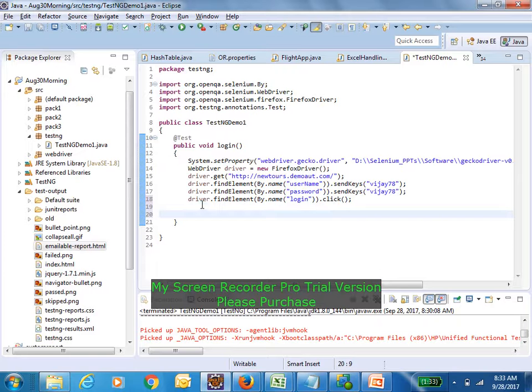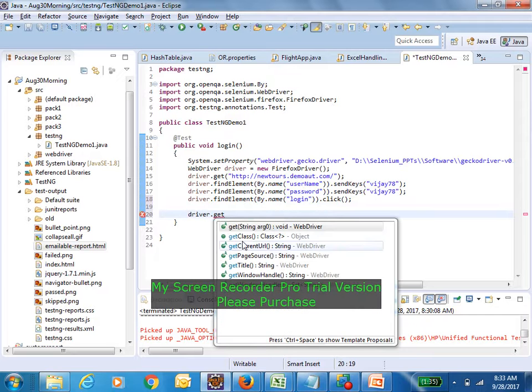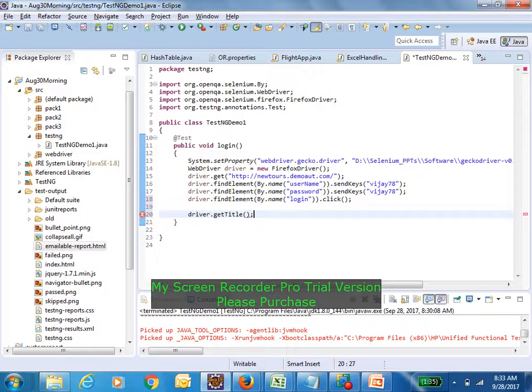For that, I am capturing the title. So, driver.getTitle. This is capturing the title of the page. So I am assigning it to one string, actual page title. Okay.